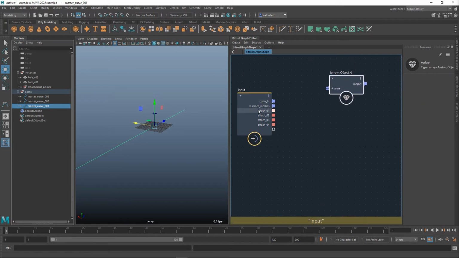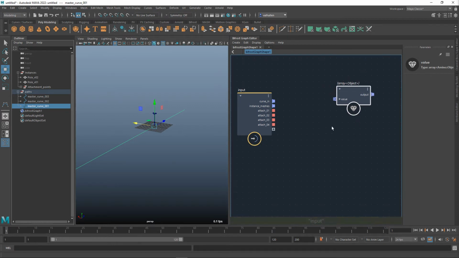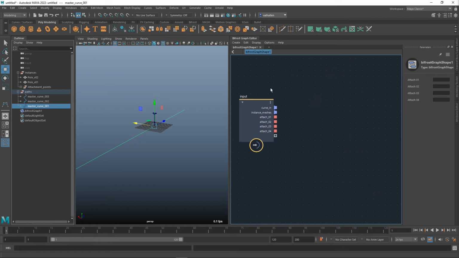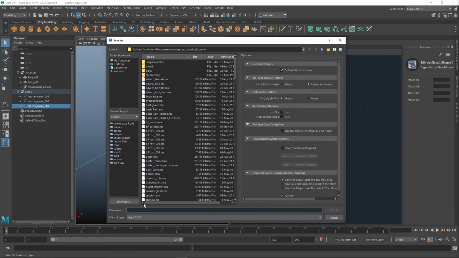So we've got the curves coming in, the instances coming in, and the 4 attachment points as per our outliner here. I can't think of anything else that isn't controls right now, so this is all about just getting the objects into Bifröst. So let's save this just to be safe, and we'll call it